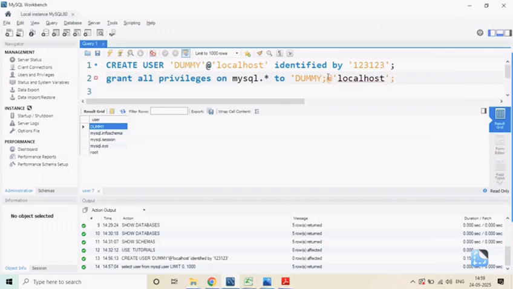Sorry, by mistake I put the wrong keyword, it should be TO and then the user. So what it will do is grant all the privileges to this user on all the tables of the mysql database. Let's execute this, and you can see this was successfully executed. Now this particular user has access to all